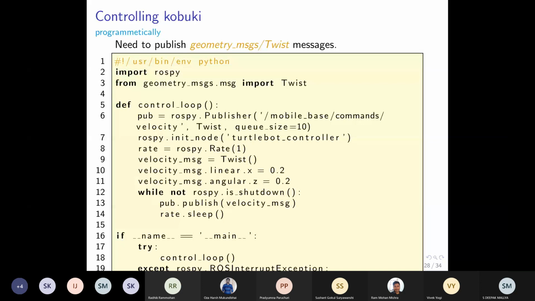We can do the same thing from keyboard and from command line also, but eventually what we want to do is control our robot through our script. So this is the programmatic way of doing it. Now next,